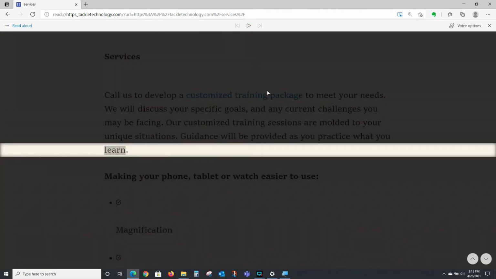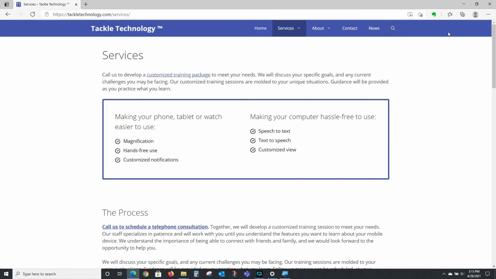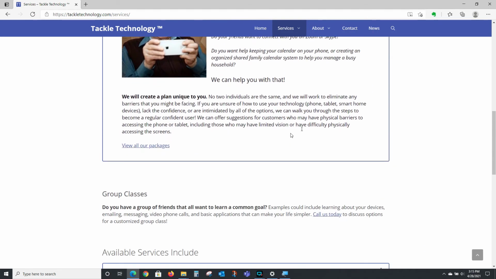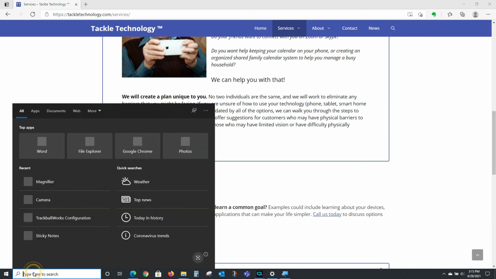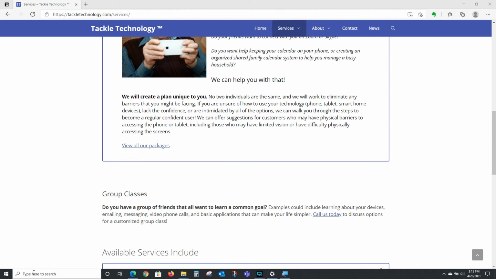So that is an example of read aloud through Microsoft Edge Immersive Reader. Now, what do you do if that is not an option? You're at a website that doesn't have the Immersive Reader as an option. Well, what we can do is we can type in our search box for magnifier, activate it, and on the bar, the magnifier bar, we see an option for read from here. I can click that icon of the arrow with the speaker, and I click on the text I want it